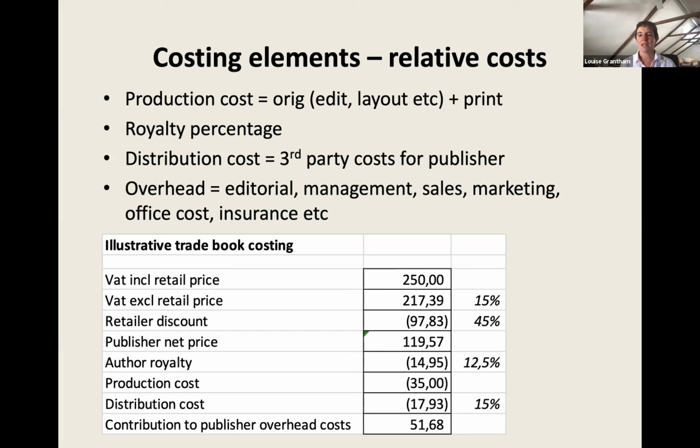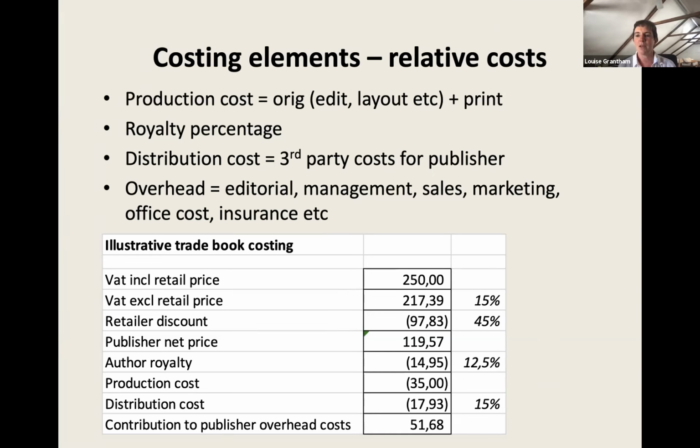Yeah, sure. So shall I just go through those numbers again? Because I know it is a lot to take in, but it's something I work with every single day. So, right, we start at the top. 250 Rand, in this case, the top line, is what Melvin will price this book at in one of his shops. So in his shop, it will say to the customer, this book costs 250 Rand. That's what you need to give us in order to get this book.